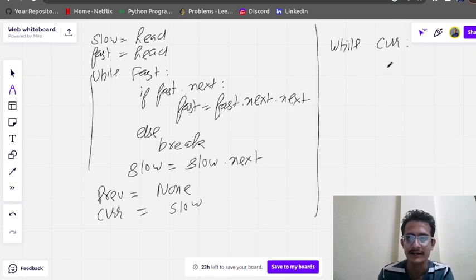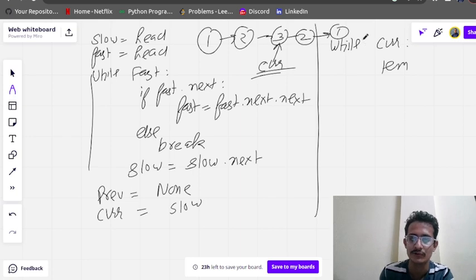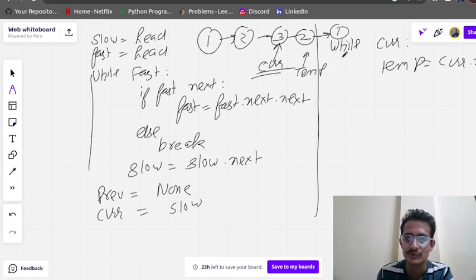So while current, first of all, suppose we have elements like this: 1 2 3 2 1. We are here, this is the mid. Slow is here, so current is at this point, current = slow. We make a temp which is current.next, so temp will be at this position.